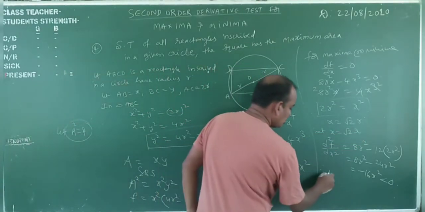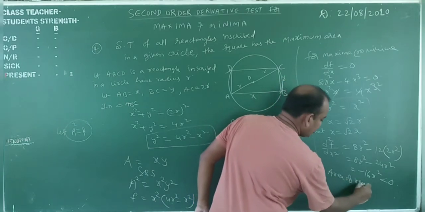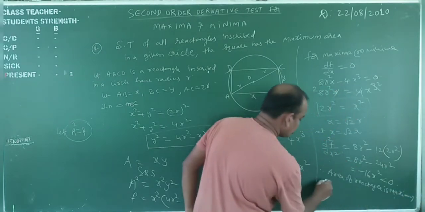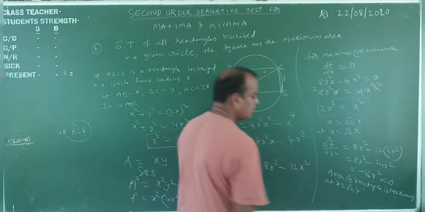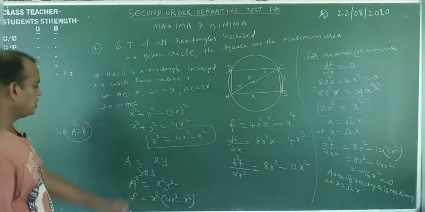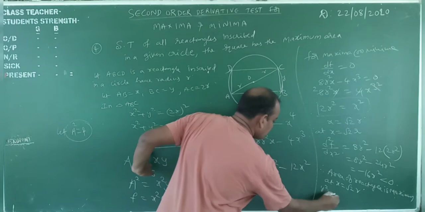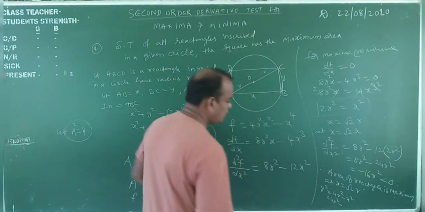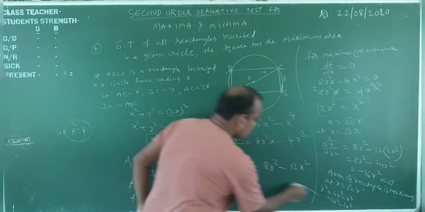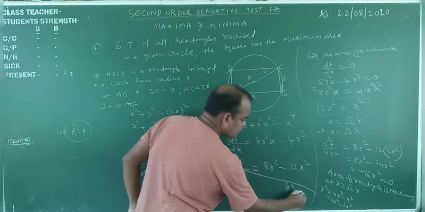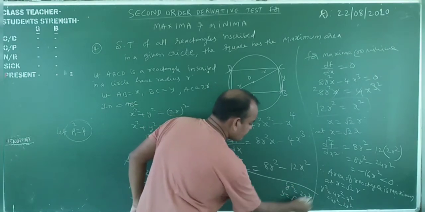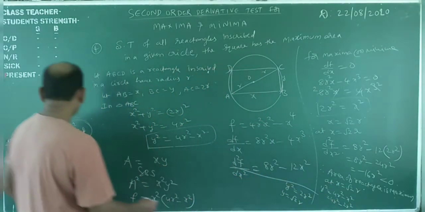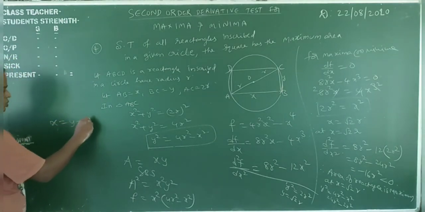Therefore, area of rectangle is maximum at x is equal to root 2r. But x is equal to root 2r, so we will find the y. What about y? y square is equal to 4r square minus x square, that equals 4r square minus the x square value. x square means 2r square. Now y square is equal to 4r square minus 2r square, that is 2r square. y is equal to root 2r. Observe that x value root 2r, y value root 2r. Both are equal or not? Yes. Therefore, x is equal to y is equal to root 2r.